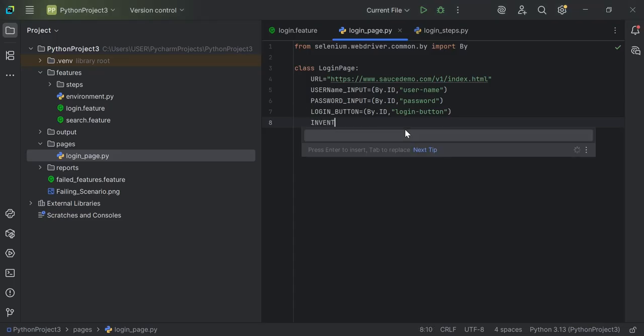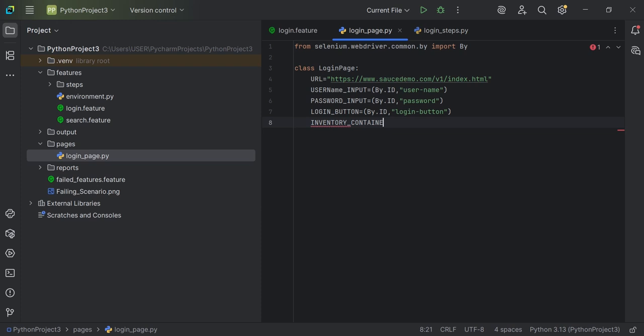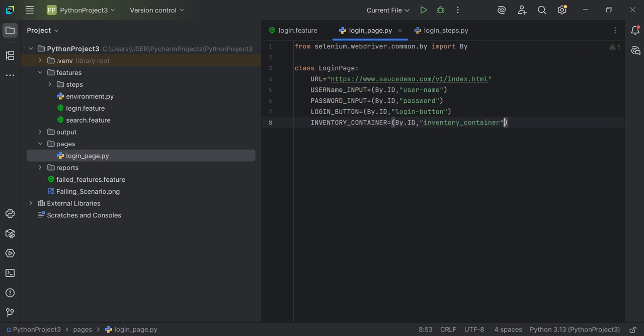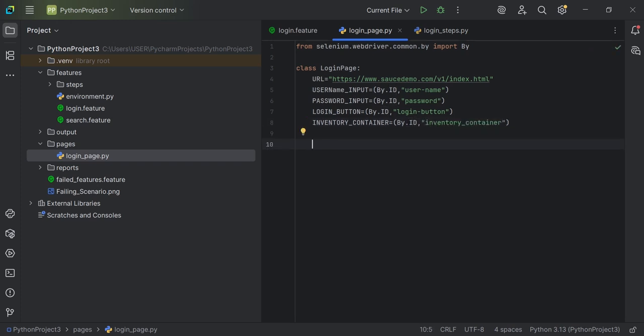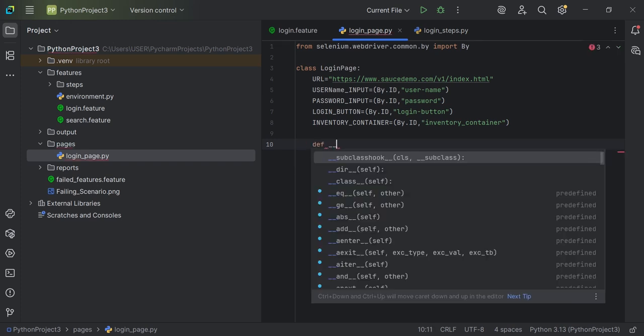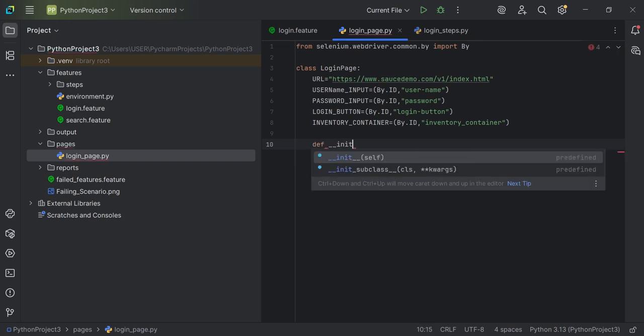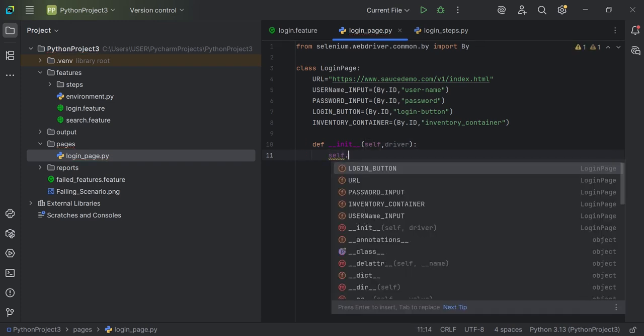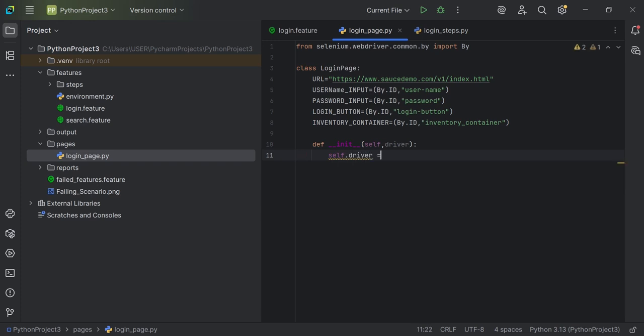Inventory underscore container is equal to By dot ID and enter the value here. Now enter def underscore underscore init, self, driver. First define the driver: self dot driver is equal to driver, and open this URL def